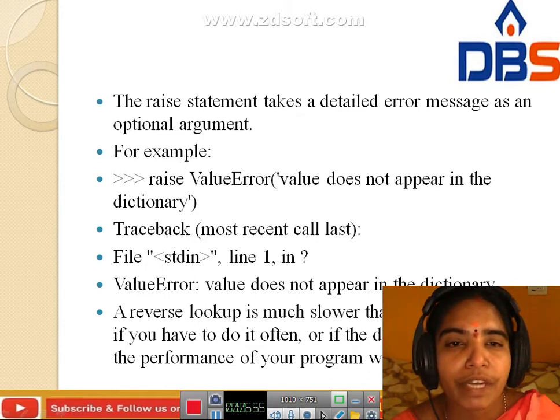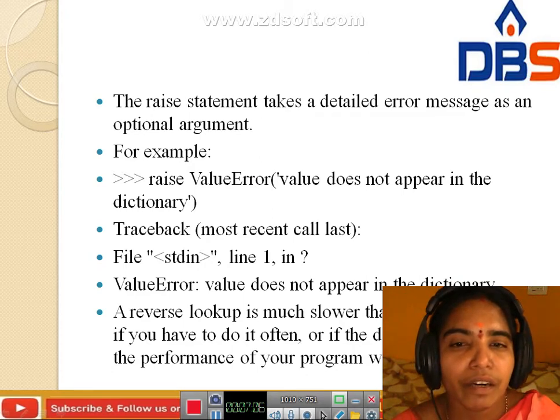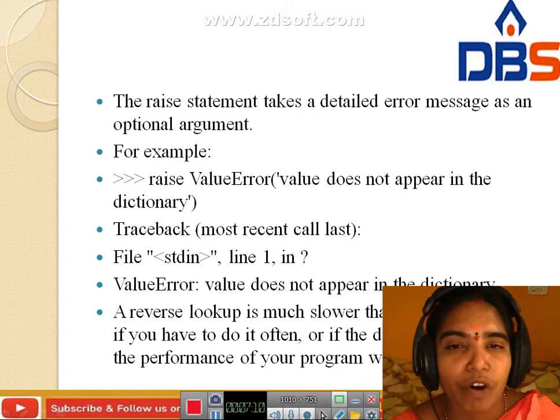For example, raise ValueError, value does not appear in the dictionary. The value is not there in the dictionary, which is why we get the error.